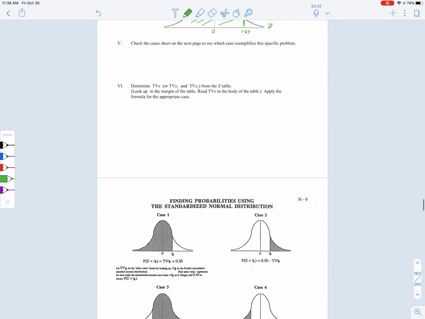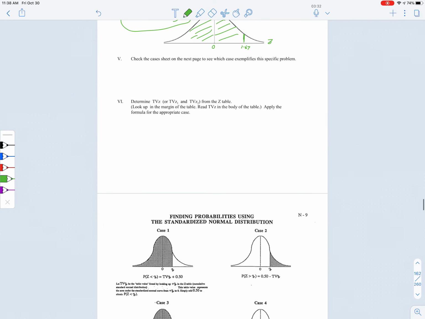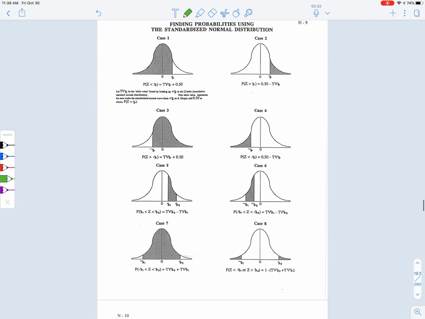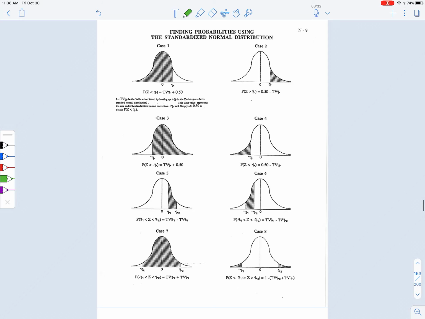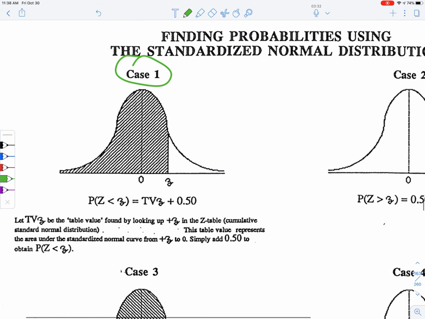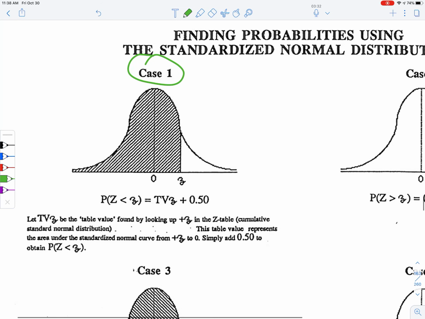But what I'd like you to note then is, well, which picture matches what we've got down here? And you'll see very quickly that it's case number 1. And case number 1 says that the probability that z is less than some value, which in our particular case would be positive 1.67, is equal to the table value for z